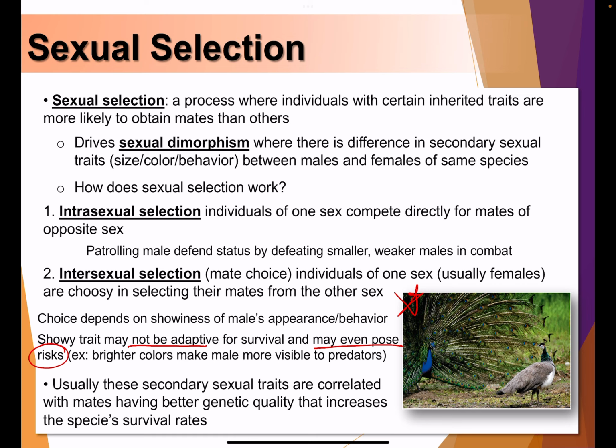So research studies have shown that those males with more showy colors or better mating calls or rituals that attract mates not only have an easier time finding a mate, but also their offspring tend to have better chances of survival, leading to the conclusion that female mate choice can be based on a trait that indicates whether a male has good genes, quote unquote. So it has been shown in animal populations that this is true.